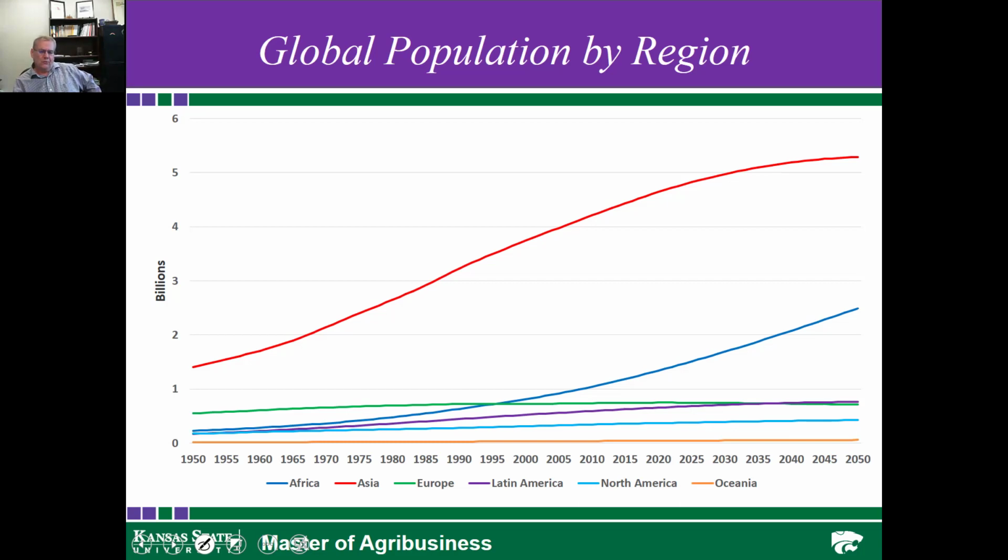It's really important to consider this on a regional basis, however. And so if we look at this, we have Africa, and if we look at this blue line here, we can see where Africa is, and of all the regions of the world, that's the only one that's still increasing at an increasing rate. All the other regions are having population increase at a decreasing rate.